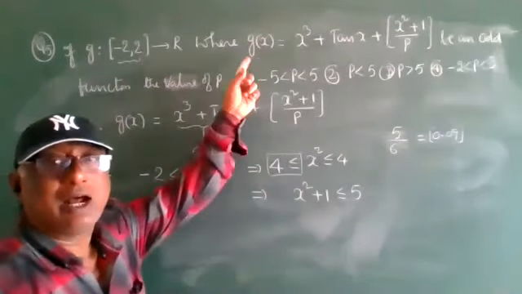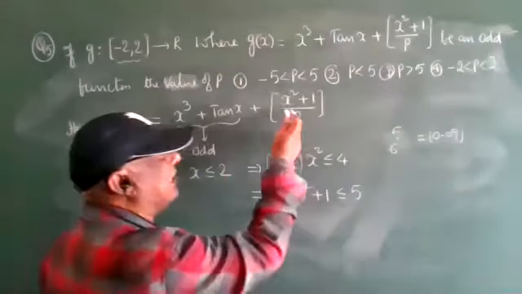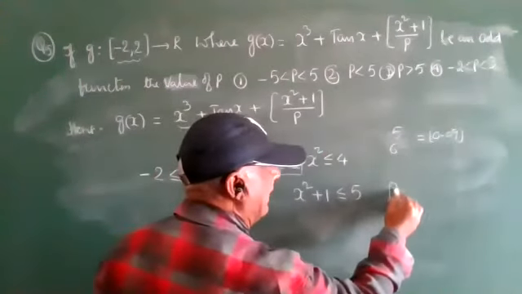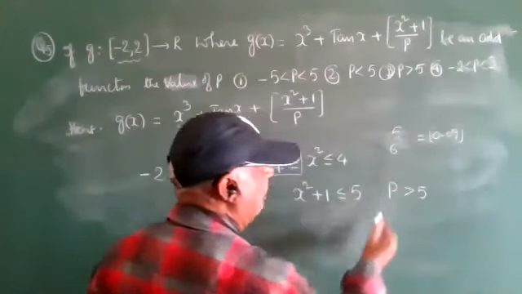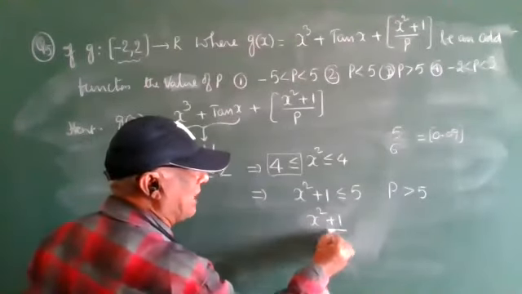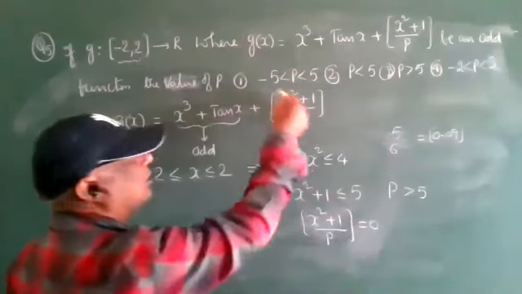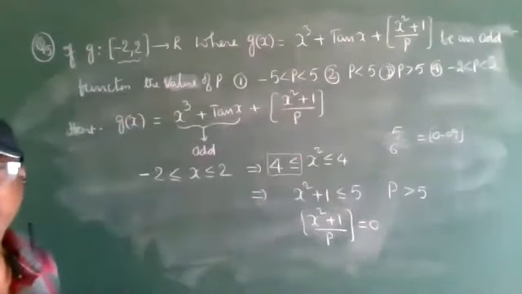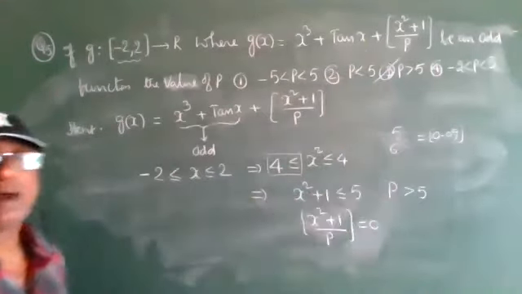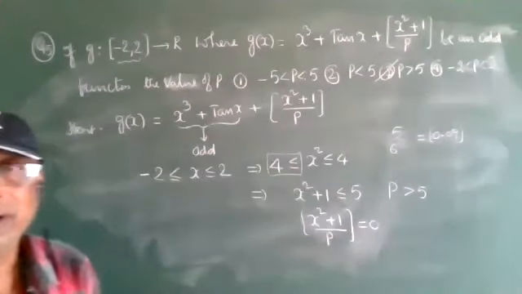These two are indicating an odd function, so automatically g of x is an odd function. This deleting method is, p value greater than 5, I will take. If p value is greater than 5, then automatically step of x square plus 1 by p value will become 0, and automatically it is deleted. Therefore p value is greater than 5, so the third option is the correct one. Okay, now clear, everyone?